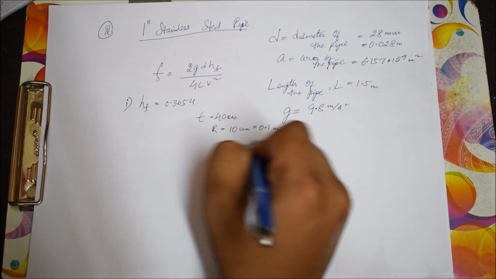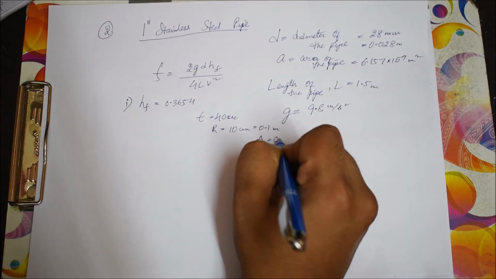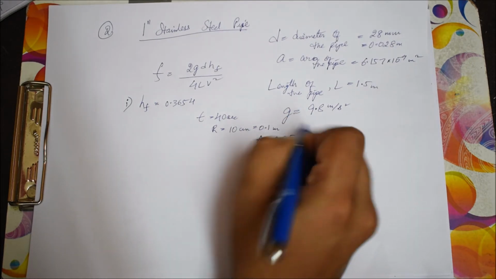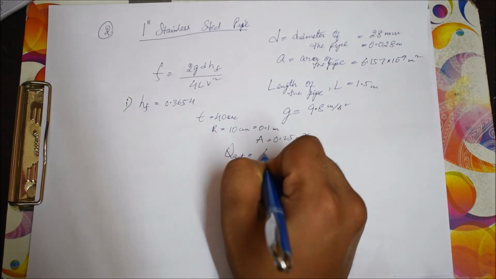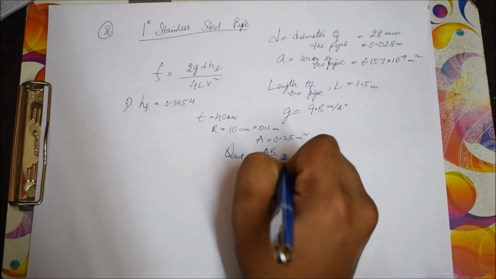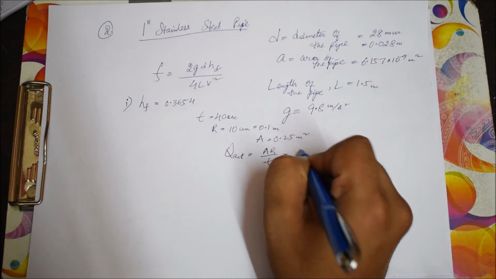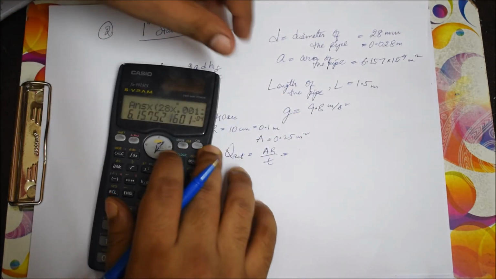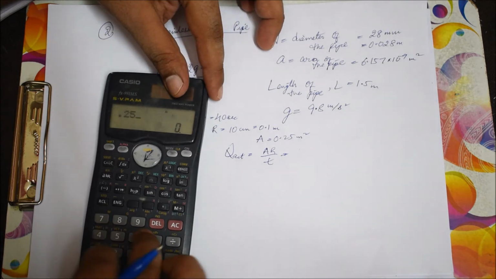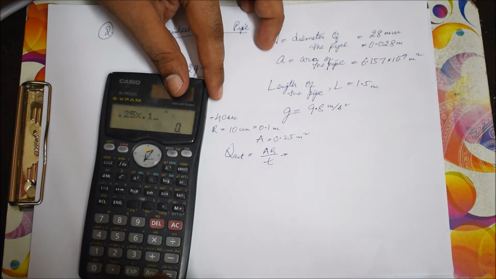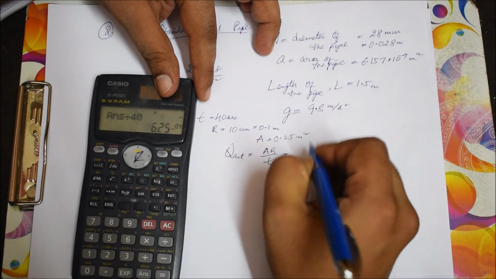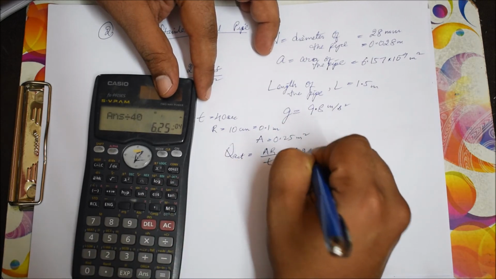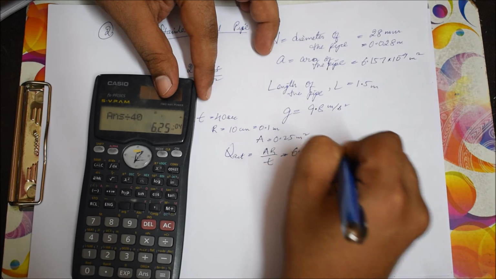So I can calculate the area of the collecting tank as 0.25 meter square, where Q actual is calculated with respect to the collecting tank with the formula A into R by T. So let us calculate Q actual: 0.25 into 0.1 divided by 40, where Q actual comes up to 6.25 into 10 to the power of minus 4